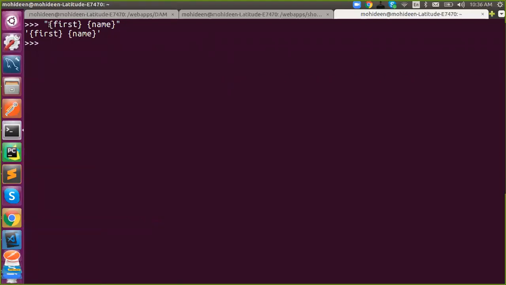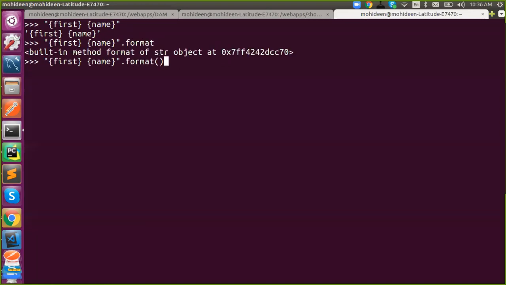If you want to, say dot format, we have to pass something. Okay. If I say 10 comma 11, here it will raise an error, because first and name are not an index. This is actually a key or a name, not an index. So this will obviously raise an error.